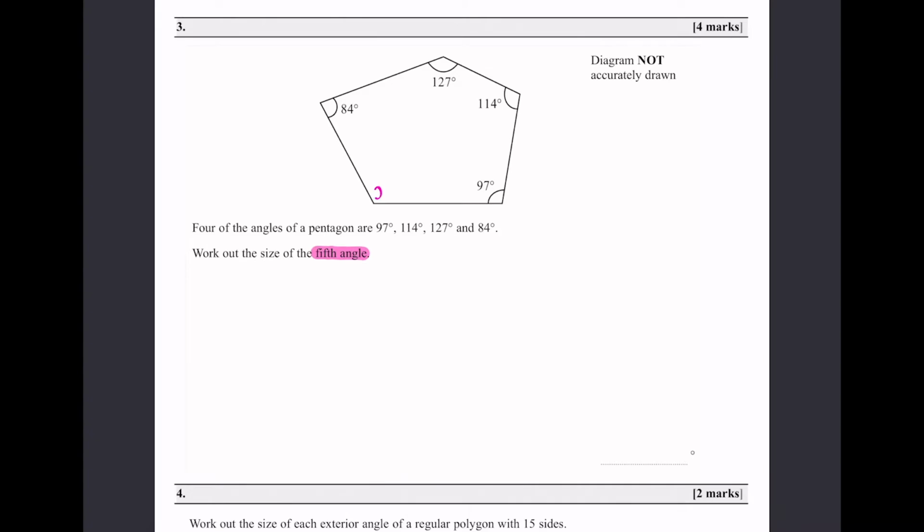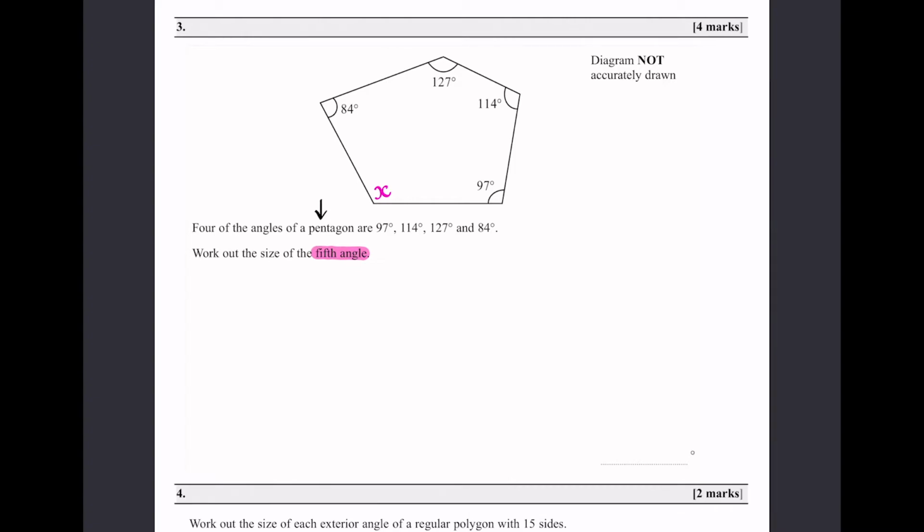So I'm going to call the fifth angle x. I could have called it x, y, a, b, it doesn't matter. Now I have a pentagon. So I know that a pentagon has 5 sides, 5 angles. So what I could do is start by determining the sum of the interior angles of a